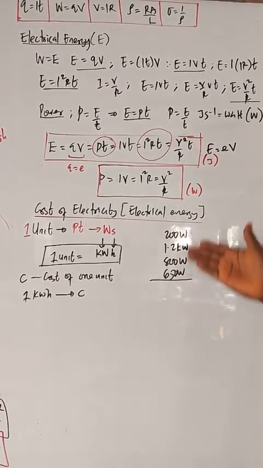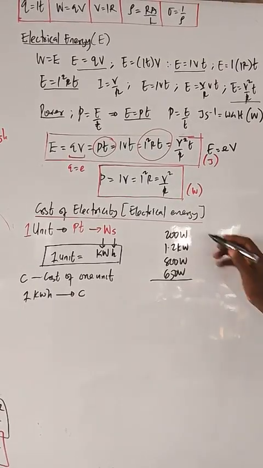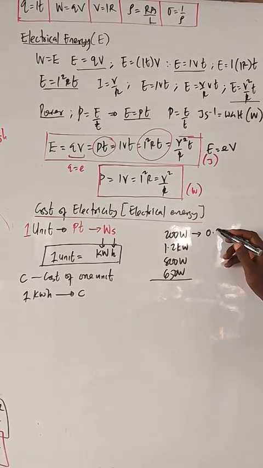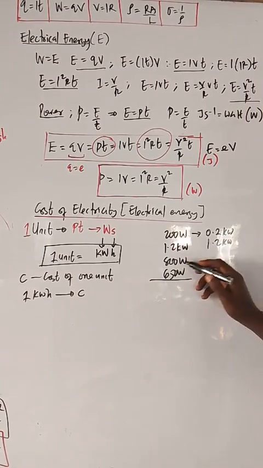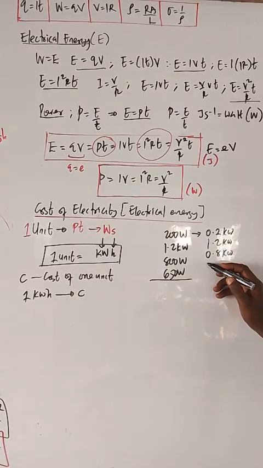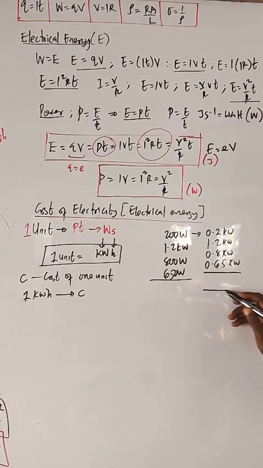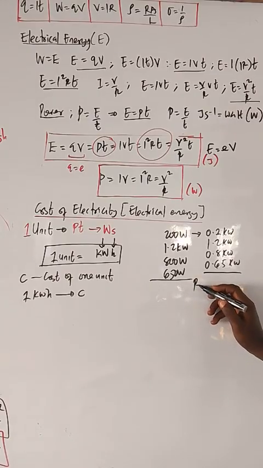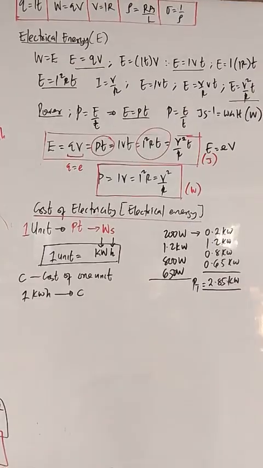So now, this is what you have here. First, we must convert everything to kilowatts. So this 200 in kilowatts, over 1000, is 0.2. This is already in kilowatts, 1.2 kilowatts. This one over 1000 is 0.8 kilowatts. This one over 1000 gives us 0.65 kilowatts. If you add everything here, we are going to get the total power in kilowatts. If you press your calculator, you should get